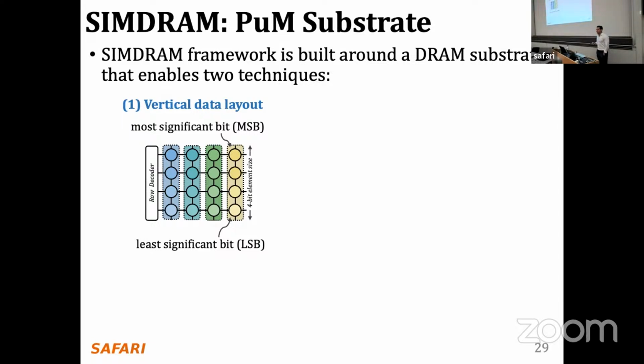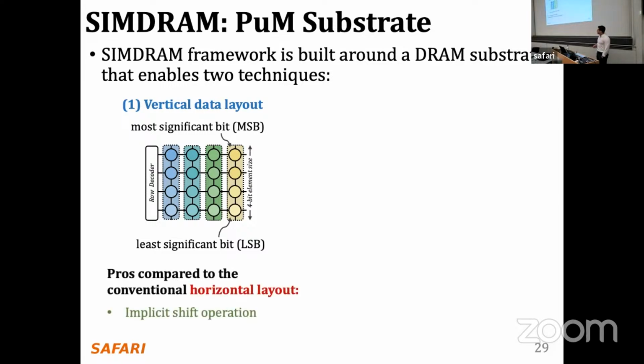The alternative is to not store data in a horizontal data layout. We can store data as we want, and we are going to store them in a vertical data layout. So here we are going to take those 64 bits inside a single DRAM chip, in this case 4 bits in the example, and store all of those bits in a single DRAM column, spanning multiple DRAM rows in a DRAM subarray.